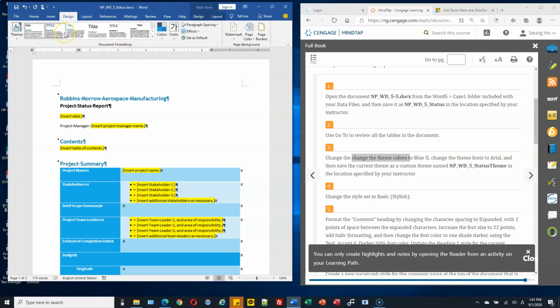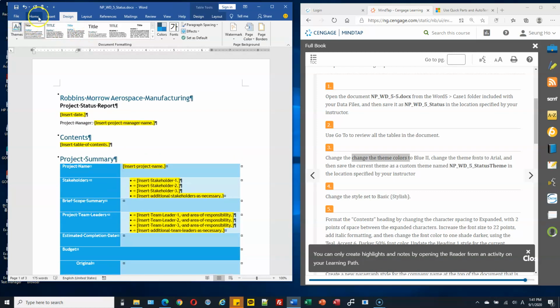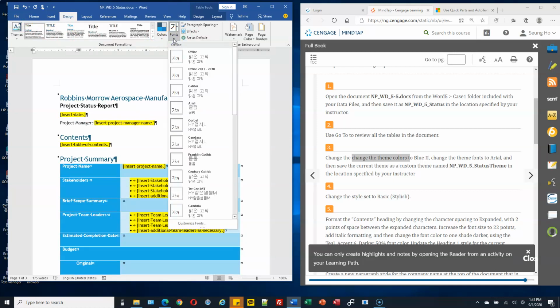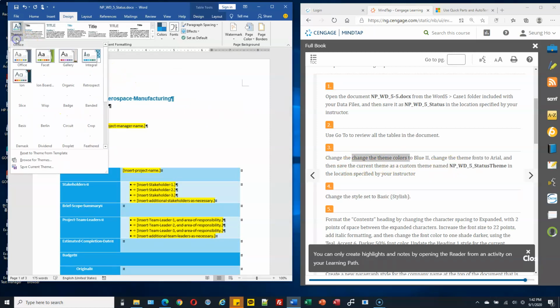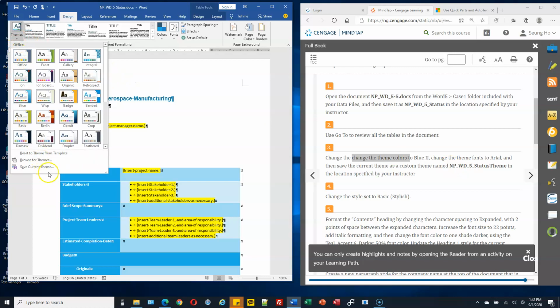Okay, the theme font. Right, where is it? Okay, here's theme font. Change it to Arial. Okay, this one, Arial. Okay, and then save the current theme. So theme arrow, and then save the current theme. Select the last one,